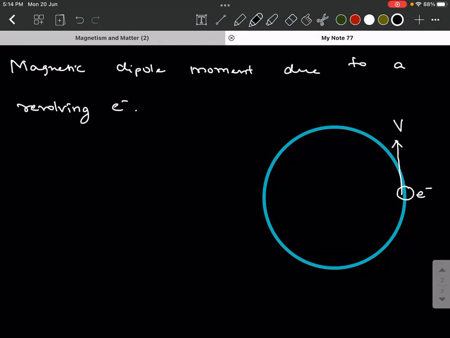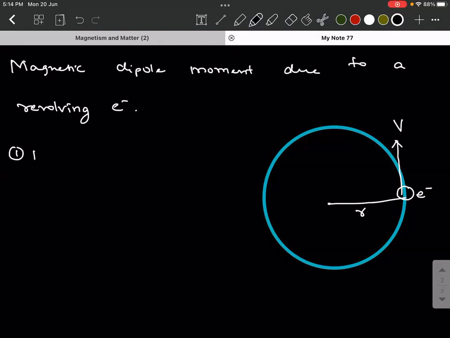Or you can write it as Vn, means the electron revolving in the nth orbit. Now, let's say the radius of this is r. Okay. So the next question is,